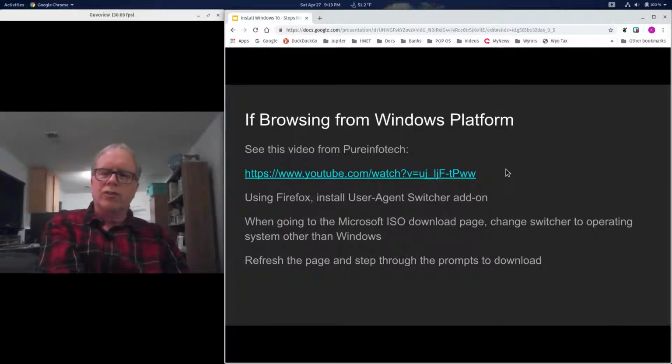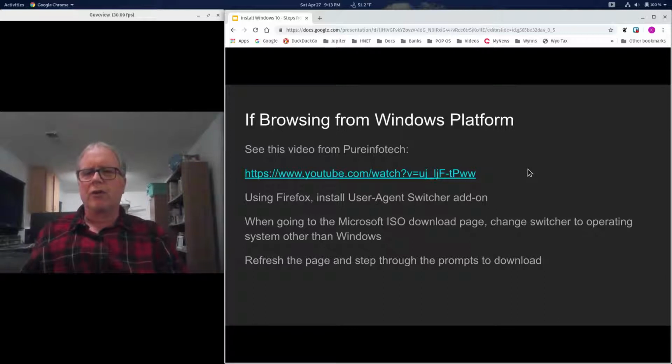You basically cause those browsers to announce that they are on an operating system other than Windows, and then you can get that ISO file that easily. So it's a strange workaround, but now you know how to get that ISO file regardless of whether you were running a Linux operating system or Windows. Okay, now